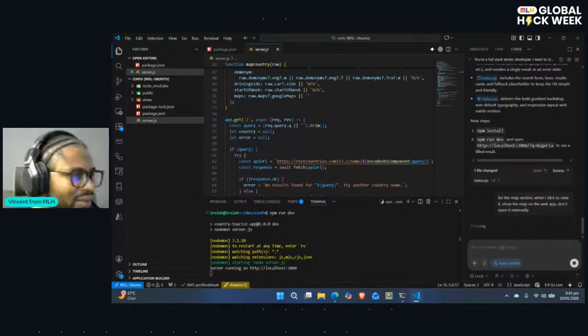Okay, let's see. For the map section, when I click to view it, show the map on the web app. Don't open it externally. Let's see if it will do that for us.